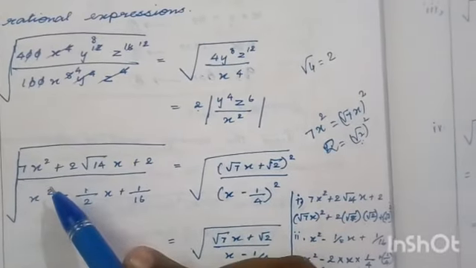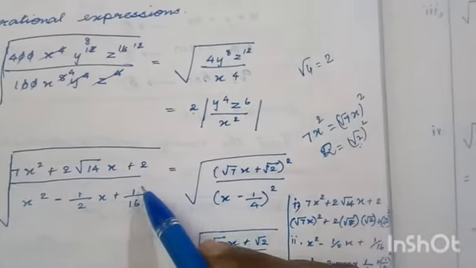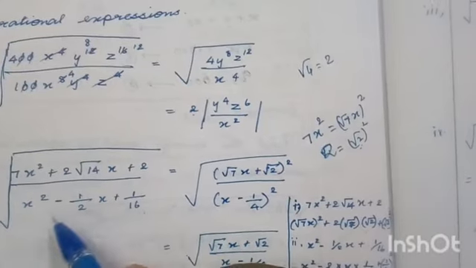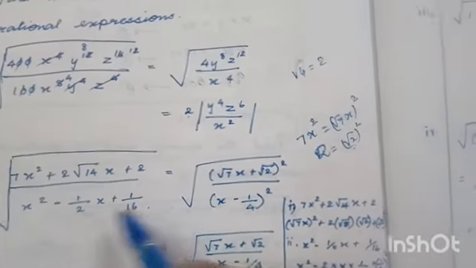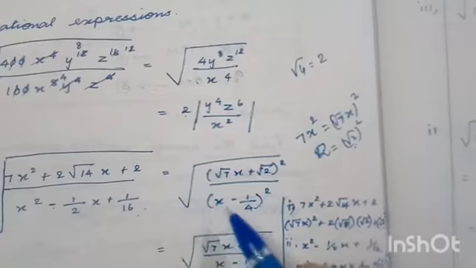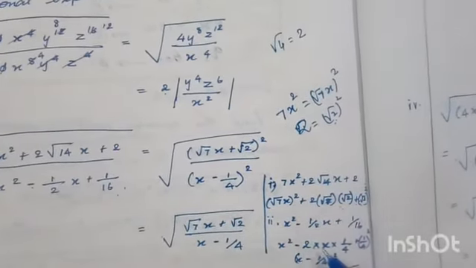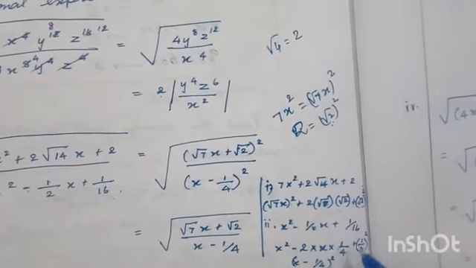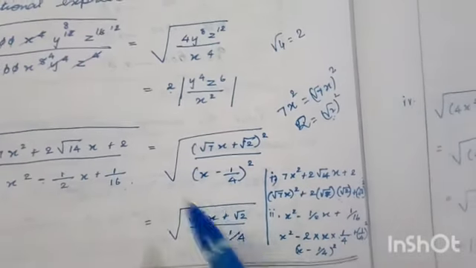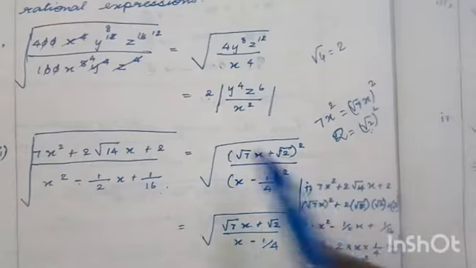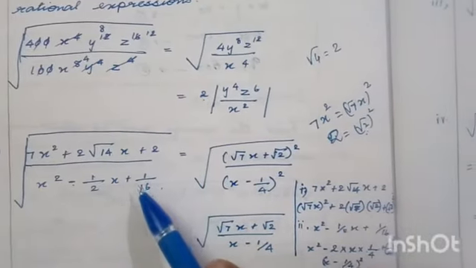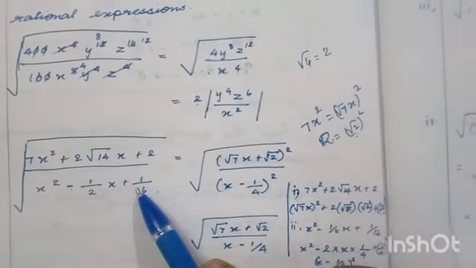So this also, for it is x square, it is 1 by 4 whole square. So both square numbers are there, and in the middle you have a minus. So a minus b whole square, that is x square minus 2 into ab plus b square. So it is x minus 1 by 4 whole square. It is in the form a minus b whole square.